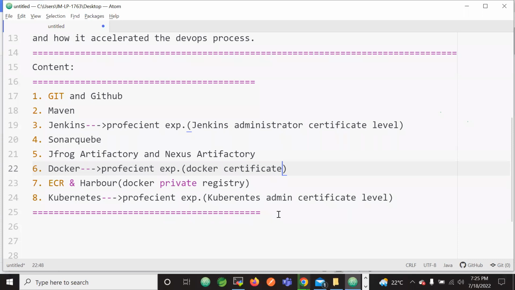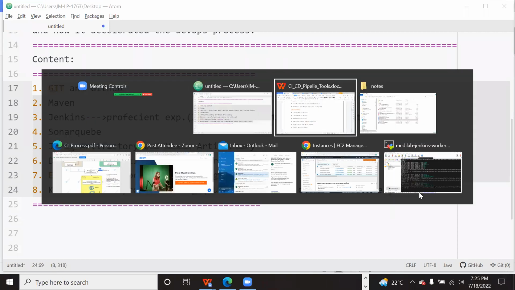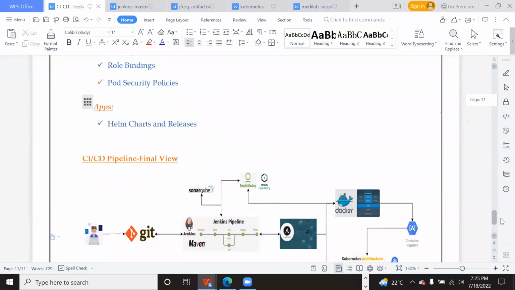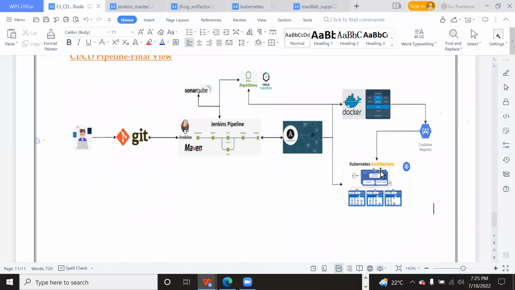Okay. Now, before going further, let us understand how these tools will be connected together, which is nothing but a pipeline. Pipeline meaning, whatever tools we have learned here, how we will make them collaborate with each other to do the deployment from source code integration to source code deployment. So in order to understand further, the flow of this architecture that we are going to implement,